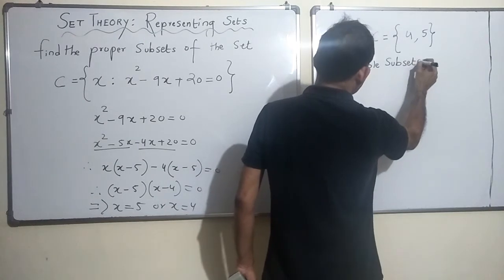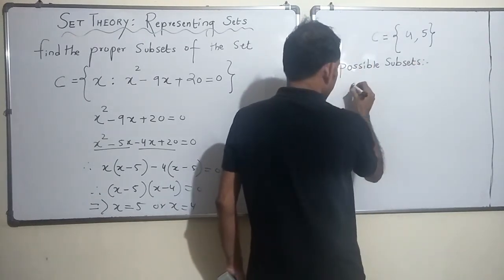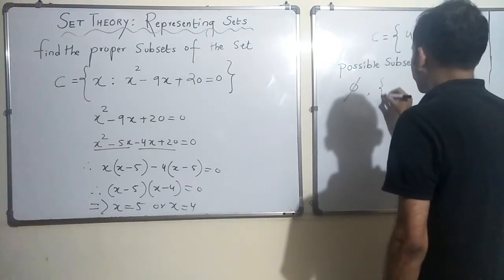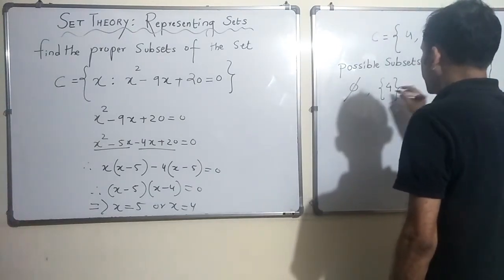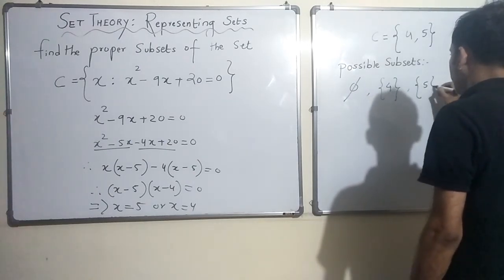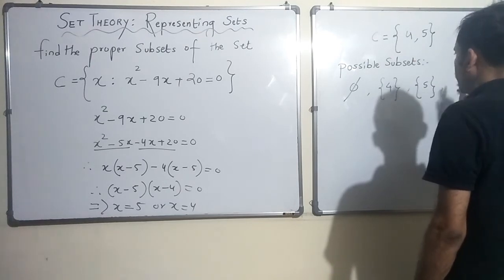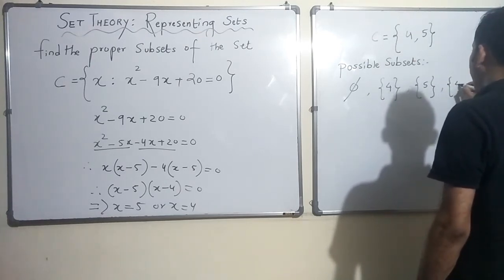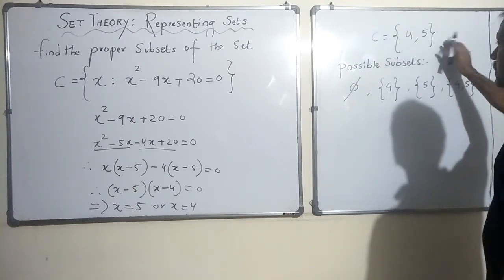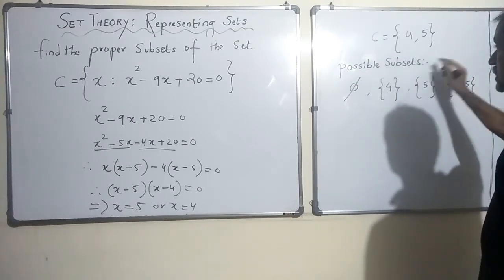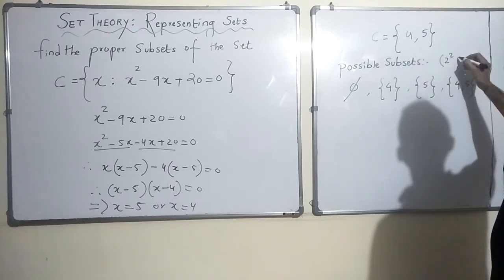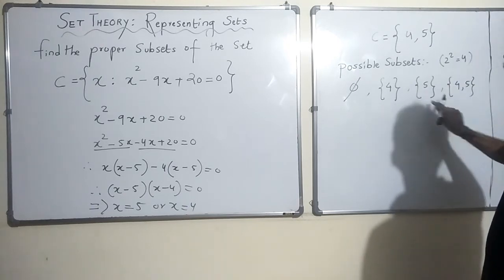We studied in the previous class, is one an empty set, or possible subsets. So either we can have 4, a set having just a single element 4 is also a subset, a single element 5 is also a subset, right, or you can have 4, 5. If you have two elements in a set, the number of possible subsets would be 2 raised to how many elements? 2 squared is equal to 4. Did I get 4? 1, 2, 3, 4.